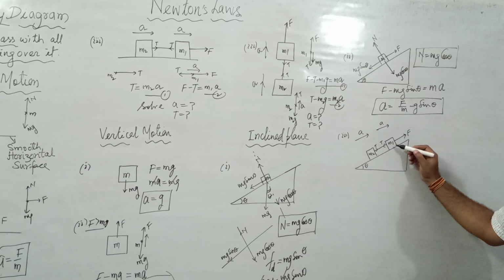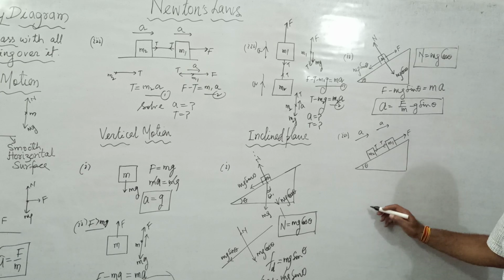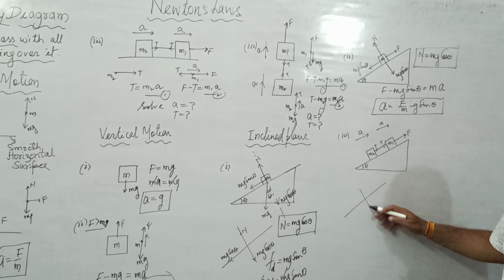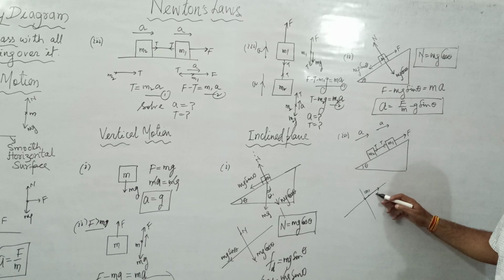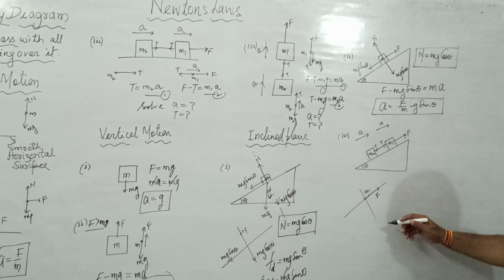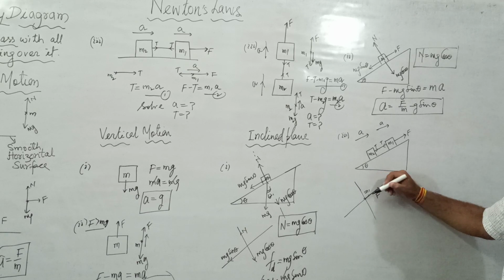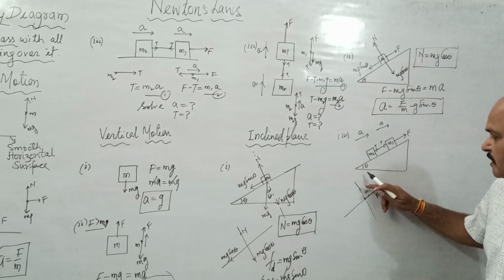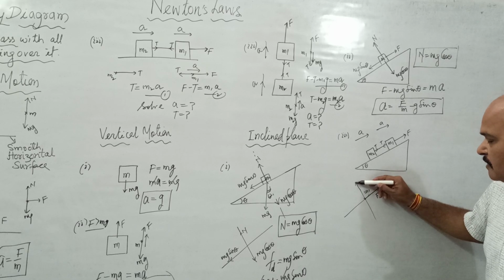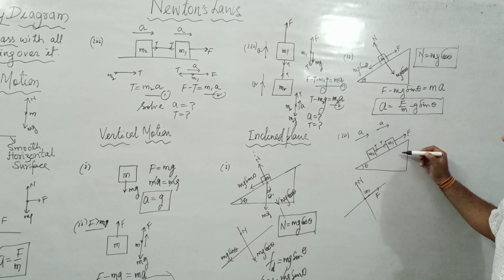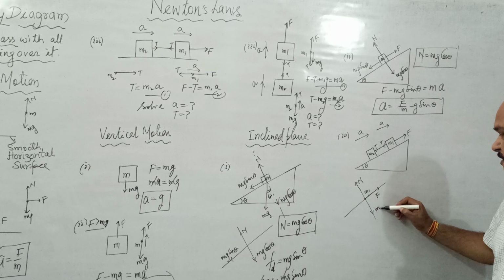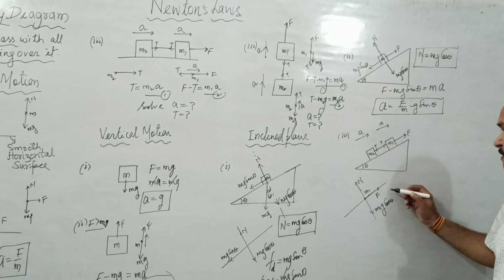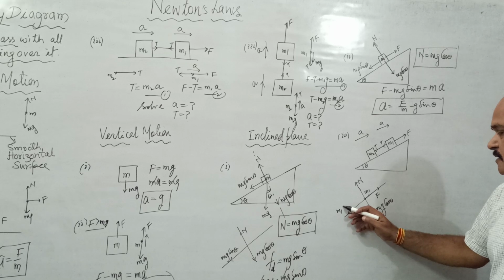Well, what are the forces acting on this body of mass m1? See, this is the body of mass m1, and the forces acting on it are these. F is acting in this direction. These are two perpendicular axes: one along the incline, the other perpendicular to the incline. N is the normal reaction in this direction; you need not write the normal reaction again and again. The components of the weight of mass m1 are m1g cos theta, and m1g sin theta.